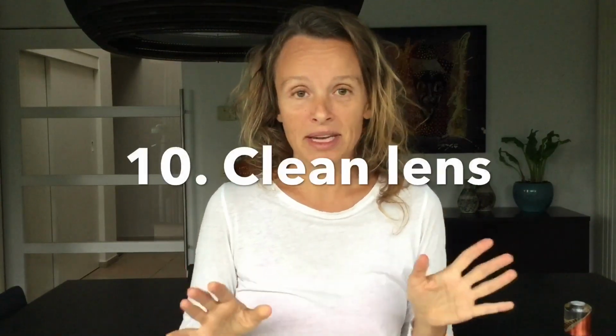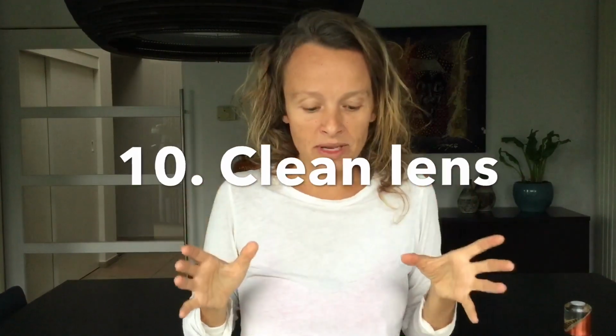No visual rubbish. Which brings me to my last tip, and you're gonna laugh at this one, but this is honestly like the best photo taking tip I've ever learned from anybody, and that is clean your lens. And I mean it. I've taken so many pictures and wondered why the fuck are they blurry, right? So before you take any pictures or before you film anything, and yes, I cleaned it before I filmed this, you take a cloth, a dry cloth,